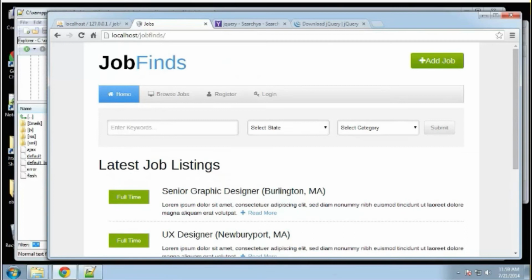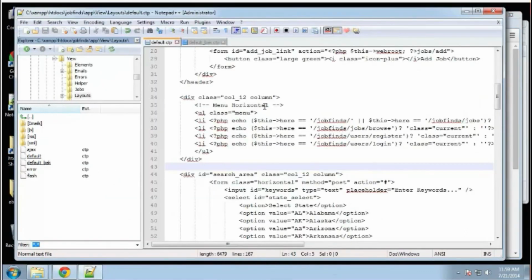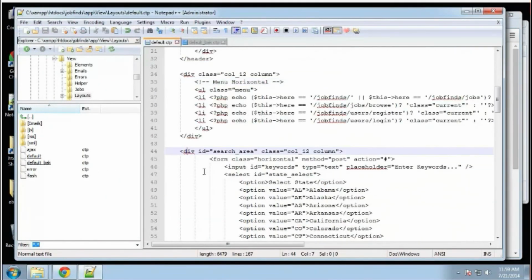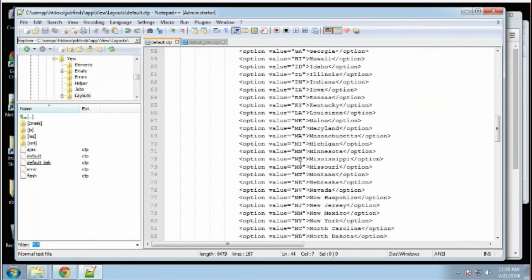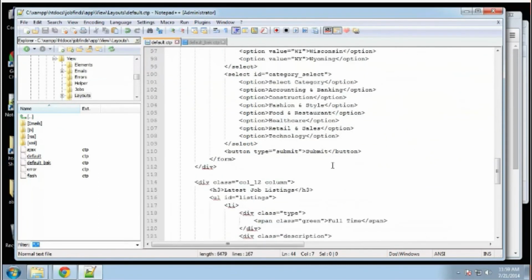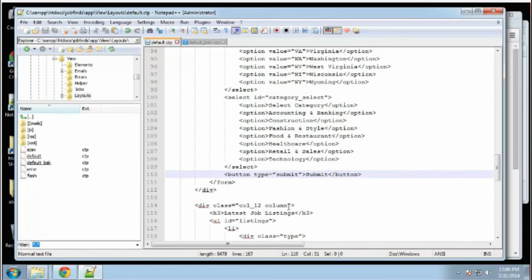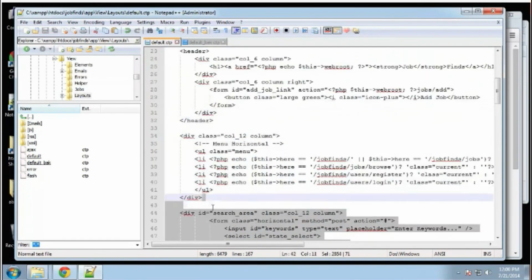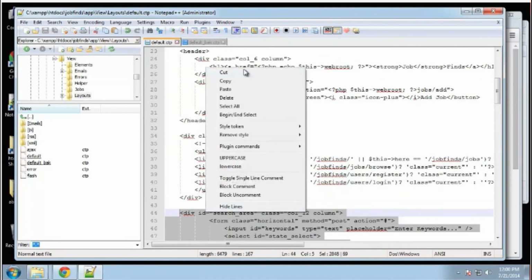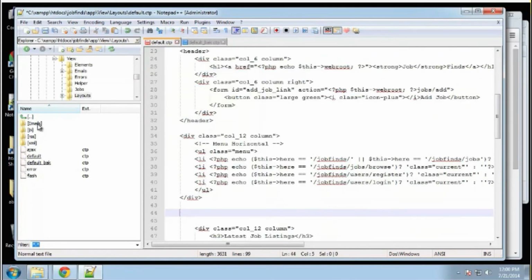So what I'm going to do is grab the whole search area, which is this div, down to the div right after the form. So I'm going to grab all that, cut that out, and then go to